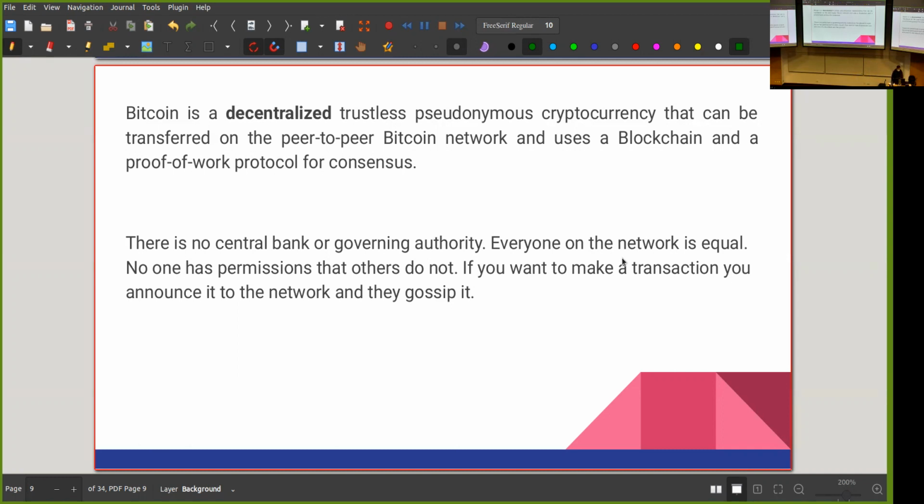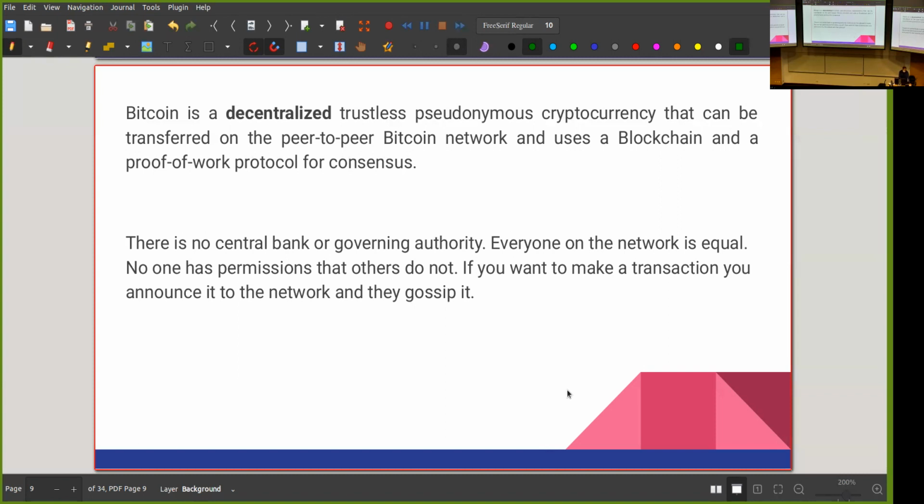And actually, the solution for that is pretty easy. We just have a gossip protocol. So whenever a transaction happens, I create the transaction, and of course, I have to sign it. And then I just tell the transaction to someone else in the network. And then they just keep gossiping about it. So anyone who hears about the transaction, any computer on the network who hears about the transaction, would tell all of their neighbors, all of the other computers that they're connected to, about that particular transaction.